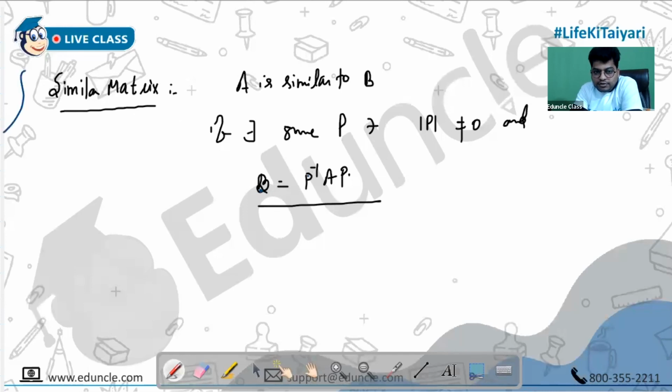No, wait, arithmetic multiplicity, sorry, algebraic multiplicity is equal to geometric multiplicity, then similar matrix, no. Okay, diagonalization, no, wait, that is also not. A is similar to B if there exists some non-singular matrix P such that B is equal to P inverse AP. You know that similarity is an equivalence relation,